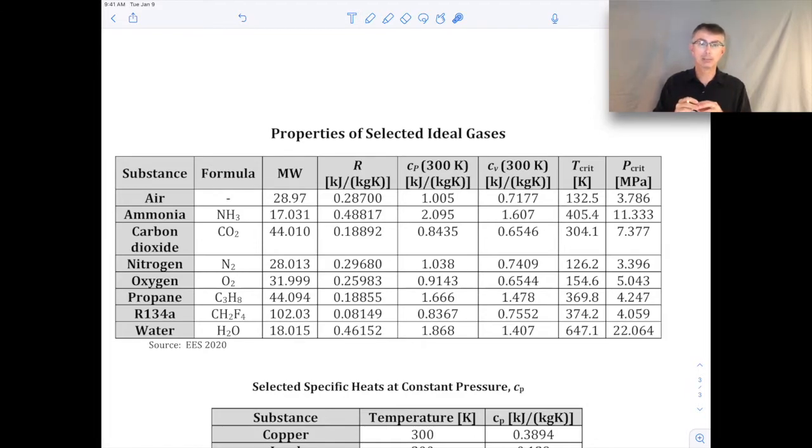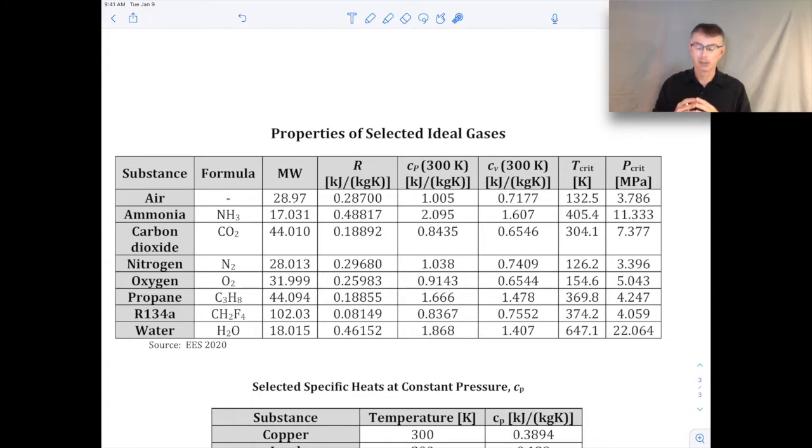But in more complex molecules, ones that have different atoms within the molecule, those molecules can have modes of vibration. So there's some energy that can go into vibration. They can also rotate, so some energy goes into that rotational mode as well, right? So when you put the energy in, it goes into all these different modes of